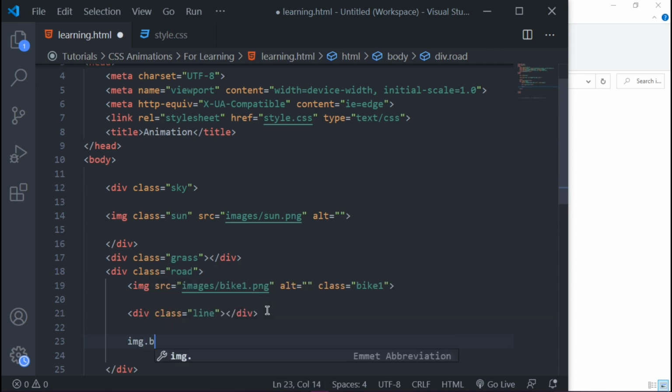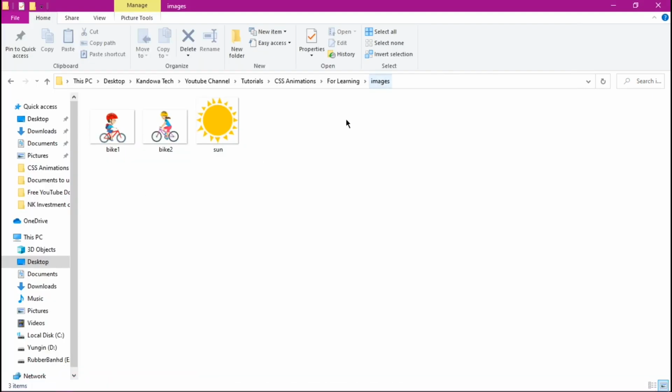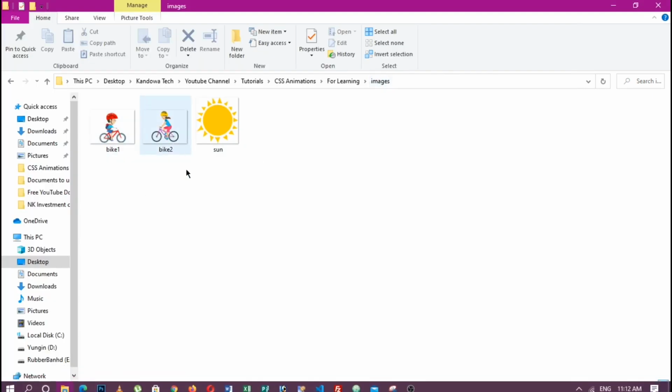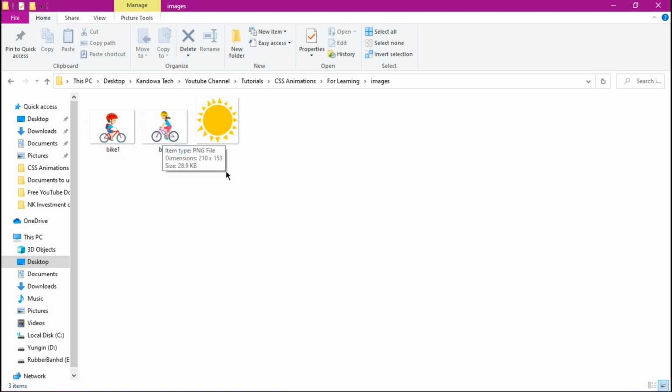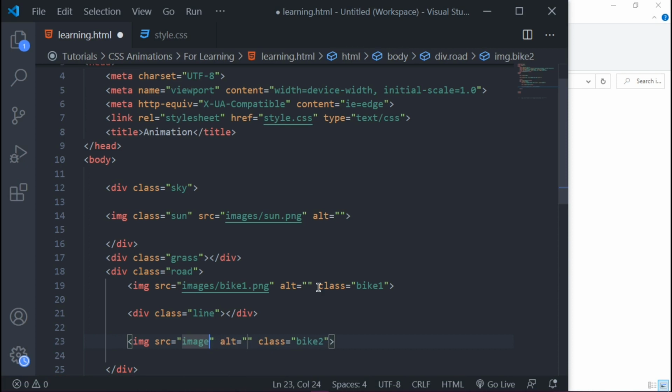I want to give it the class name of bike 2 since this is bike 1. Then just tab, and then the source, we know it's in our images folder. The name is bike 2, the format is png. So just call that images/bike 2, the format is png, right?